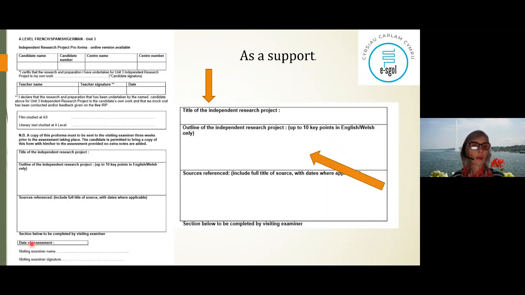And then the last bit is the source referenced. So that should be done all along while you're working normally. But what's good there is if you write your sources, you can highlight which one you will use in the presentation, which one you would like to try using in the discussion with the teacher, or the examiner. So it's always good, and by listing them, you'll see if you've got enough. You can list them, see if they all speak of the same thing, or if they defend different points. So it can be really useful, I think.